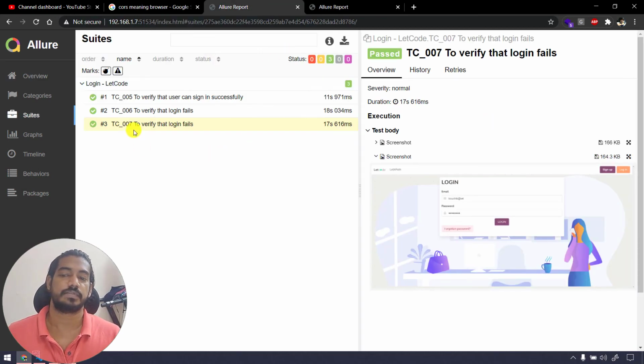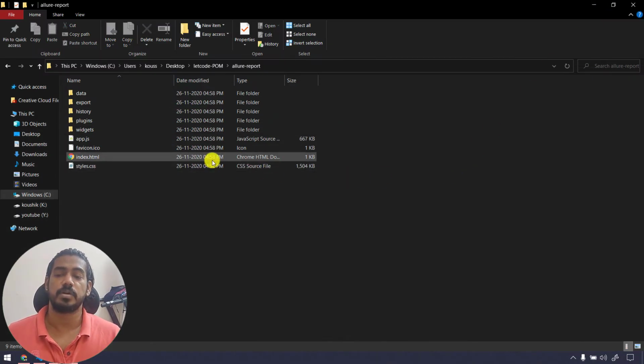But when you open that with a server, so when we say Allure open, it internally has a Jetty server that is going to act as a server, and from there it's opening the report. So that's possible, but of course still we have the same problem. We cannot open this without the help of Allure.